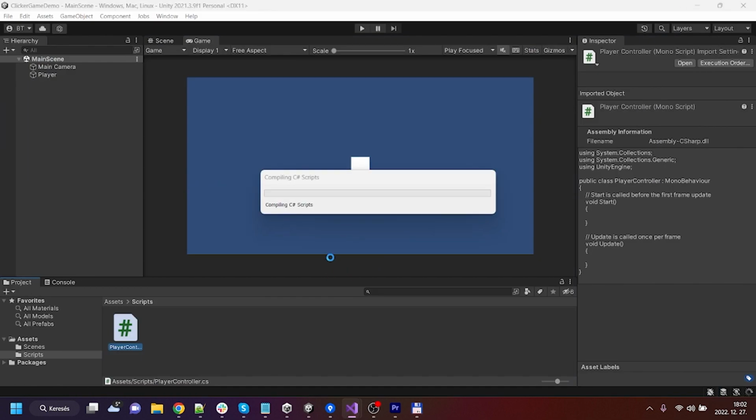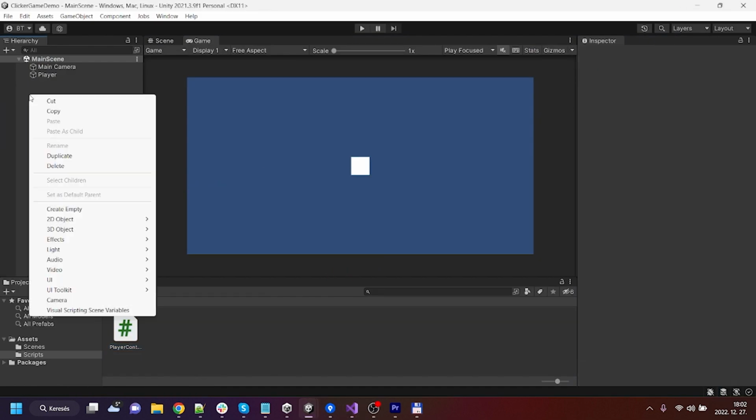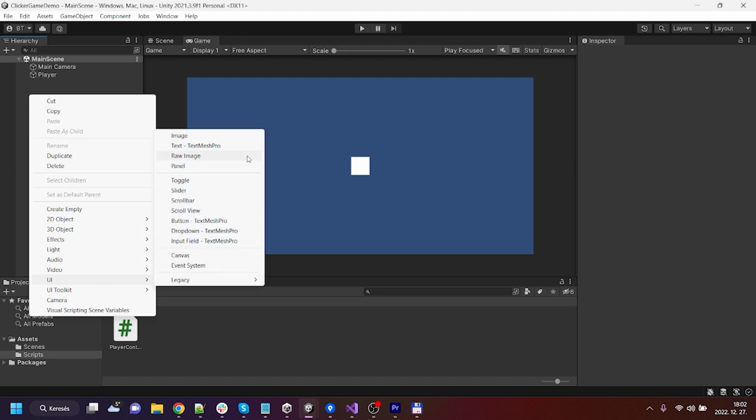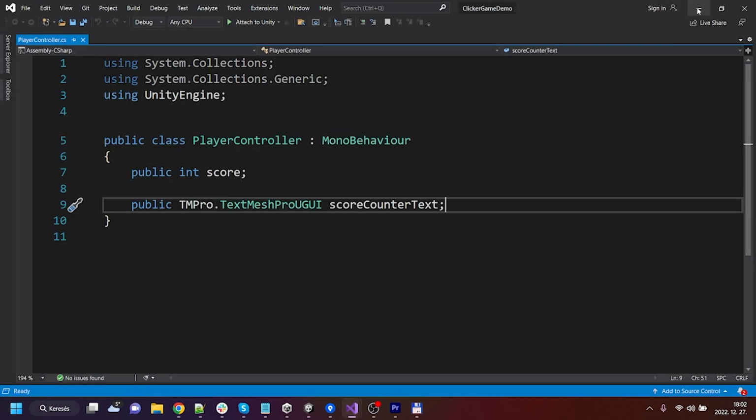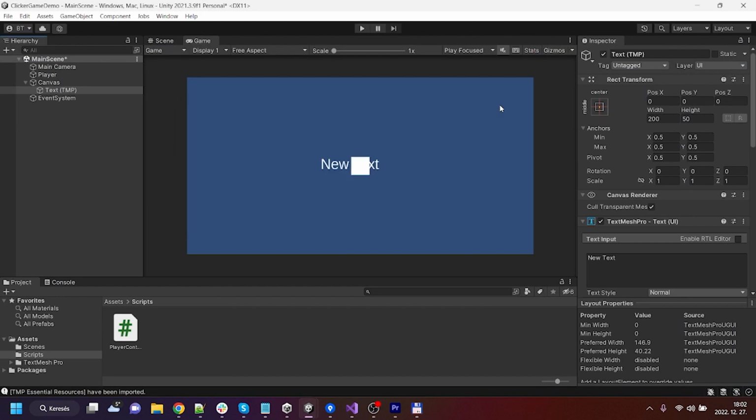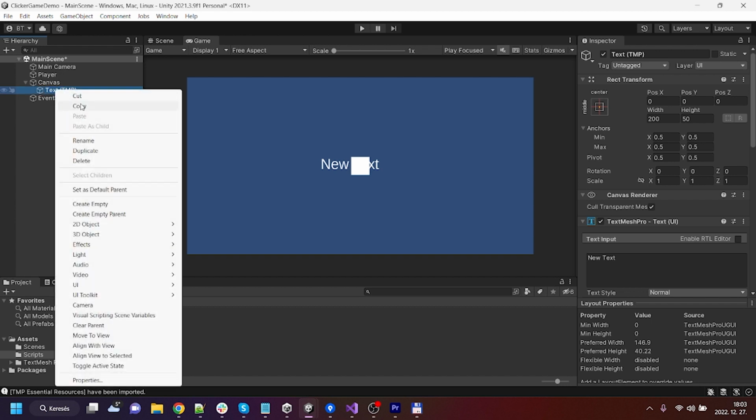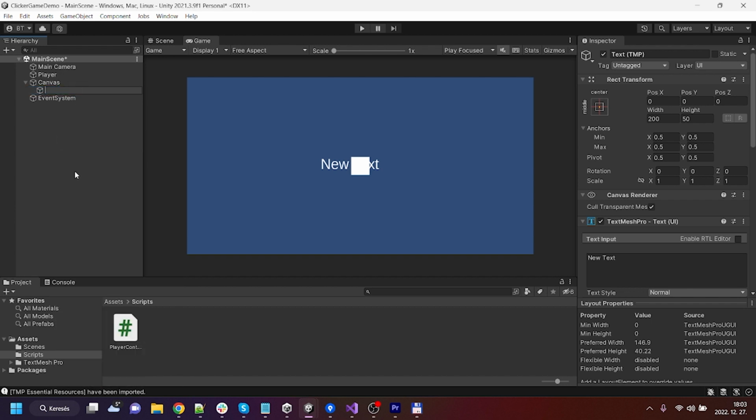And here we go. On the scene, on the hierarchy view, I am creating a UI text mesh pro, and I have to import the TMP essentials for this. Okay, it is imported. Now here we go, we got a wonderful text here. I will rename it by pressing F2 on it, or just simply right click and rename. I will call it score counter text,